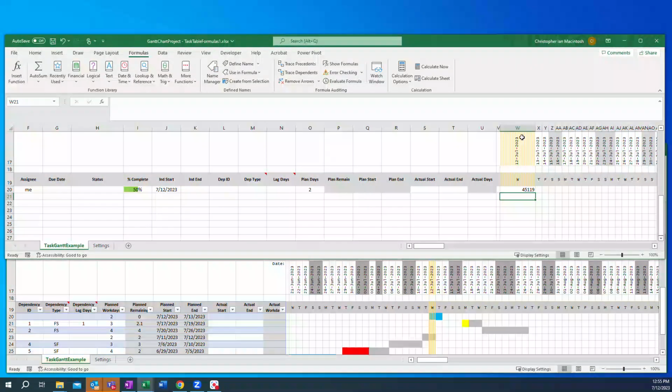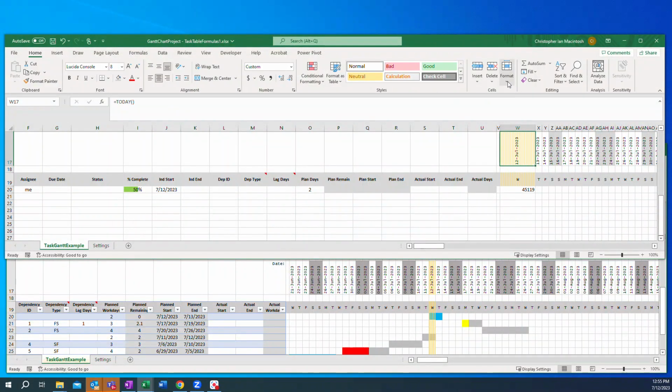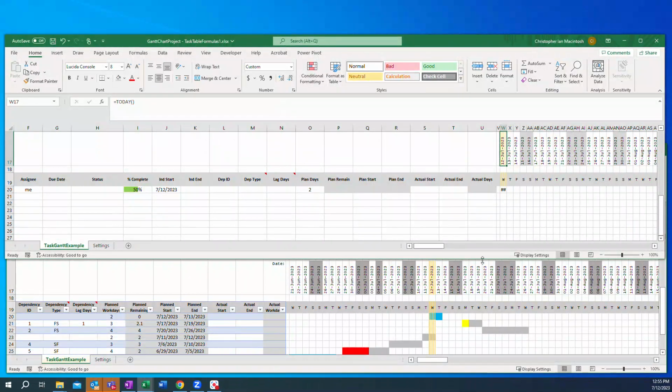I'm going to go ahead and format that back, and that will work in other cells and match the date there. So I'm just going to delete that. So now that we have date set up,